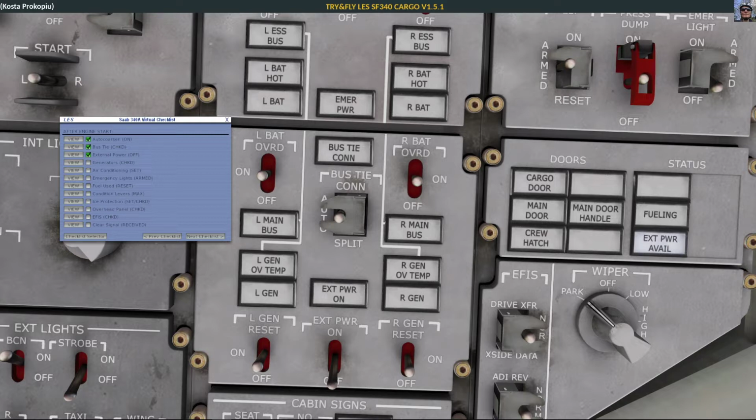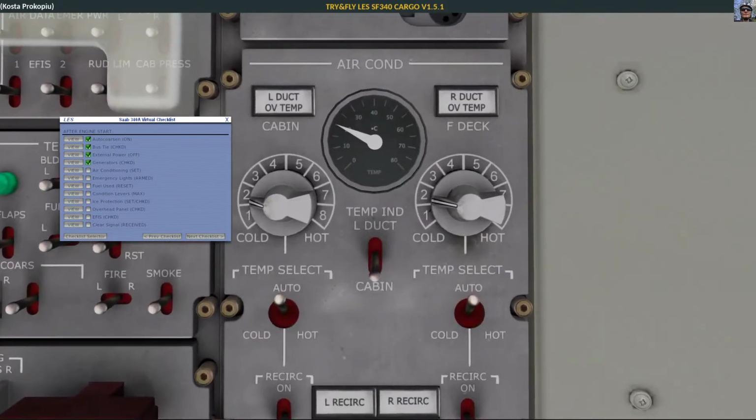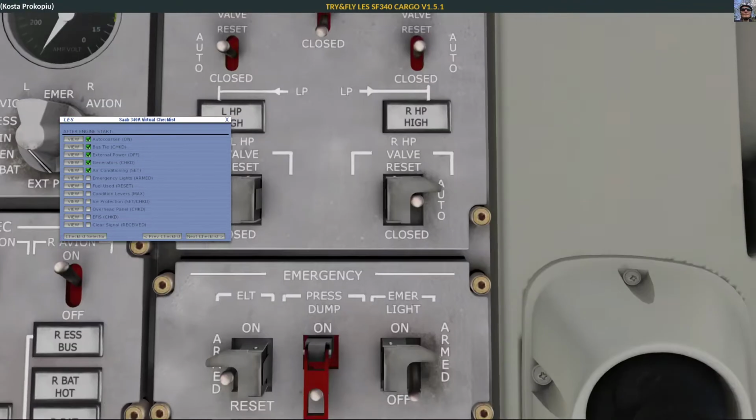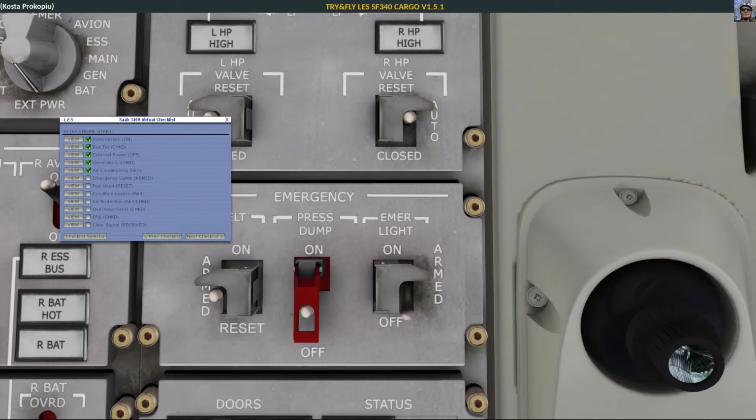External power is off. The generators are checked. The air conditioning we have to set, so the recirculating fans we're going to turn on. Emergency lights, put that into the